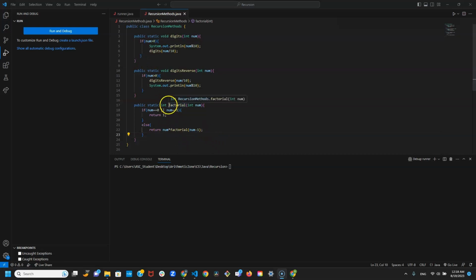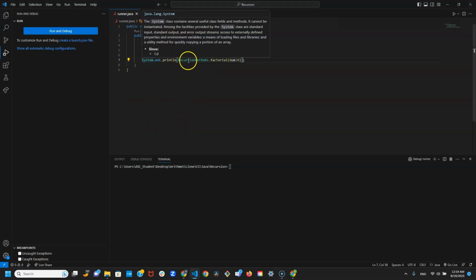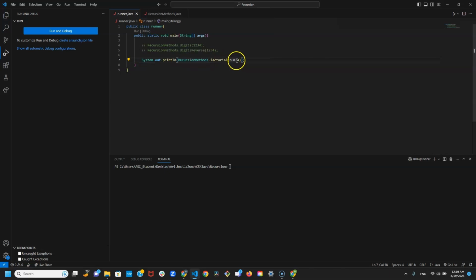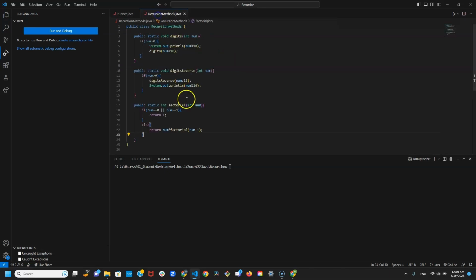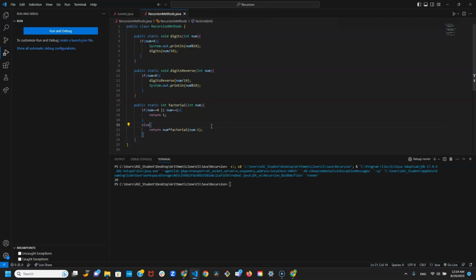Notice I am using a non-void method. This method is going to return an integer. So instead of printing out digits, this is going to return a number. So right here, I'm printing out RecursionMethods.factorial, and I'm using 4 as my example. And the reason why this works, so let me just run the code first. So 24 works. The reason why it works, if I pass 4 here, 4 does not trigger this statement right here,